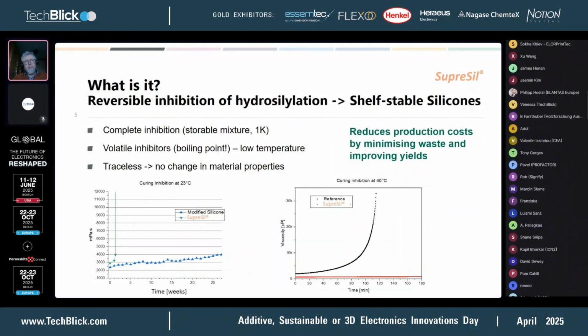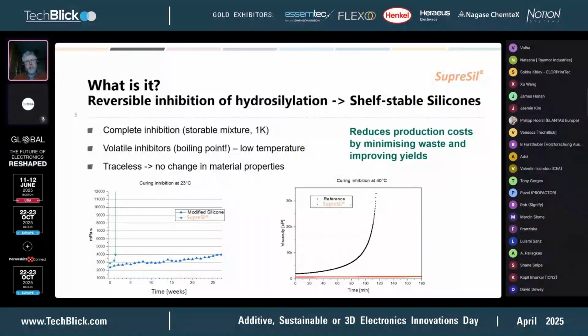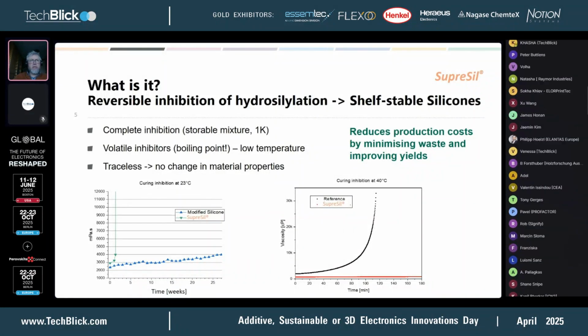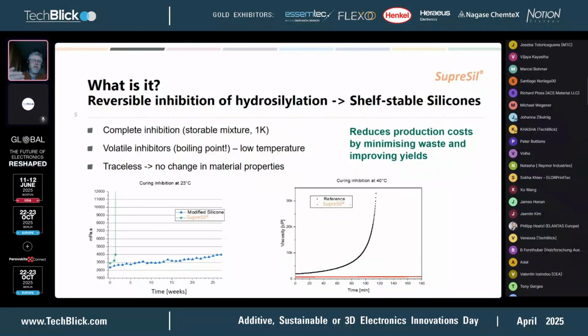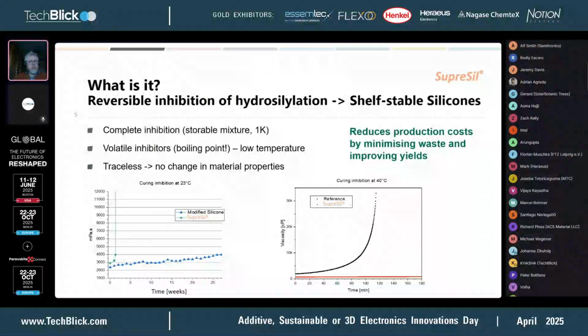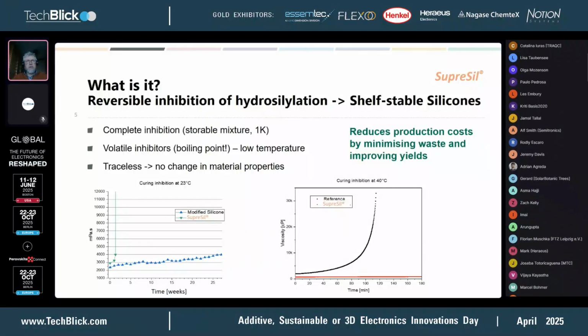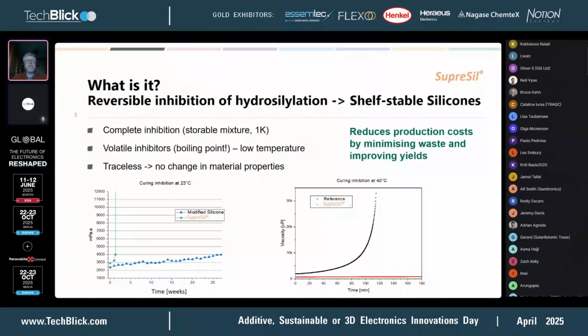So you get a storable mixture that you could put on the shelf, and when you then need it in your process, you take it out, you don't have to mix it again, you start processing it. We do that with volatile inhibitors, so they are within your mix. Then when you start processing, they